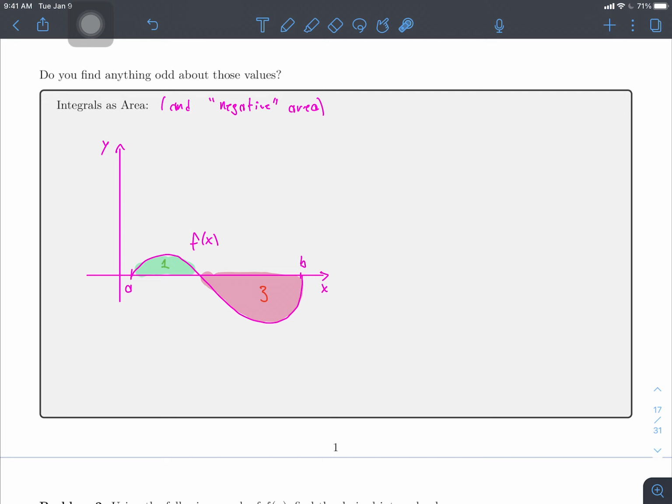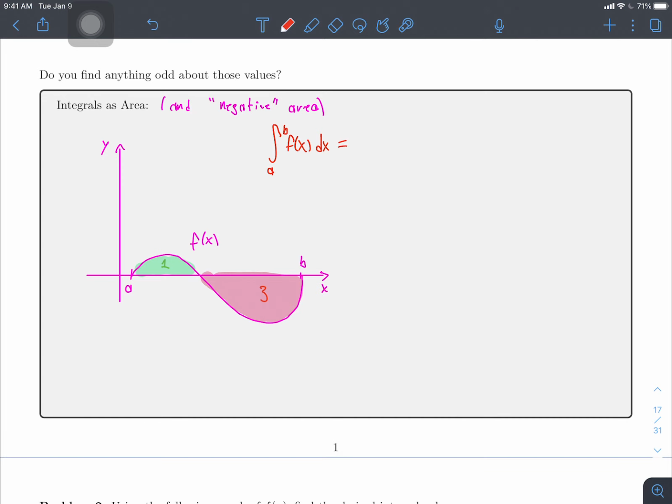So that's like if I had negative velocity, I'd be moving in the opposite direction, so my distance from wherever I started is decreasing. So the way we think about this in terms of our integral is to say that we consider this area as sort of negative area. And what I mean by that is that the integral from a to b of f of x dx